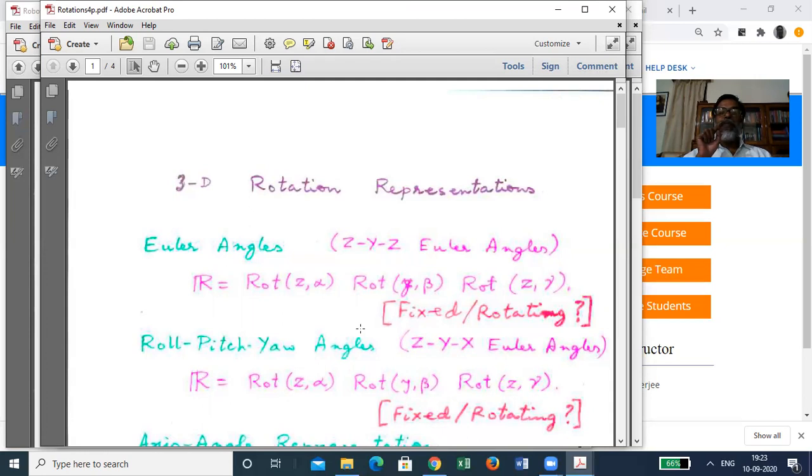That is the... this should be x actually. It should be x. No, x is this. X is this. This should be x. Okay, gamma should be x. So this is roll. This is a z, and